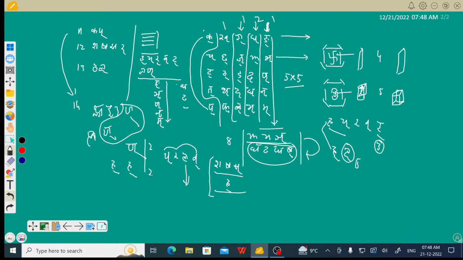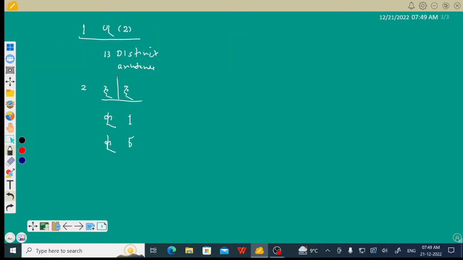And another feature is that Ka as a letter is having TC value 1, but Ka as Anubandha is having TC value 5. So this feature of one Anubandha occurring twice, and this feature that one letter is being coordinated twice, and this feature that one letter as Anubandha and as letter is having distinct TC values. These three features